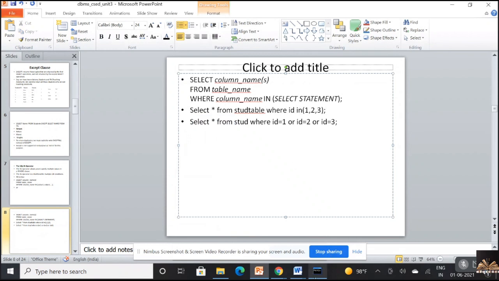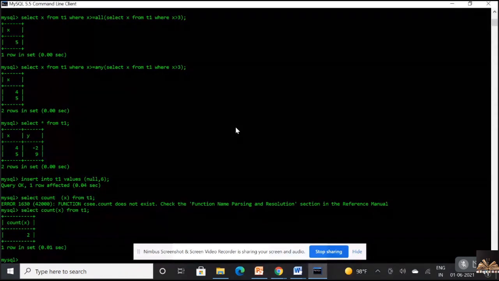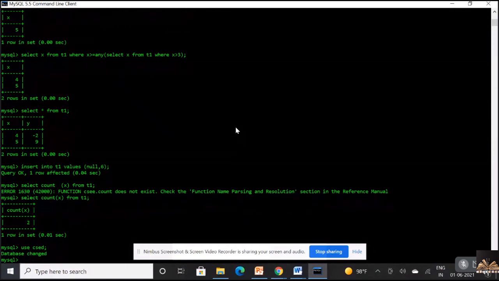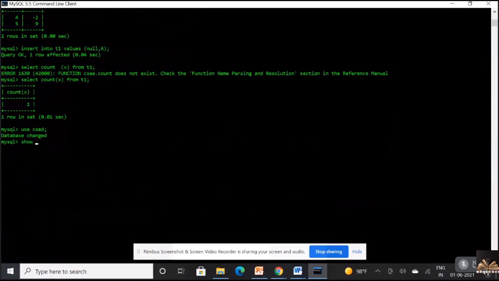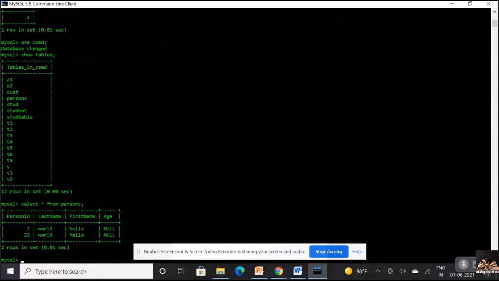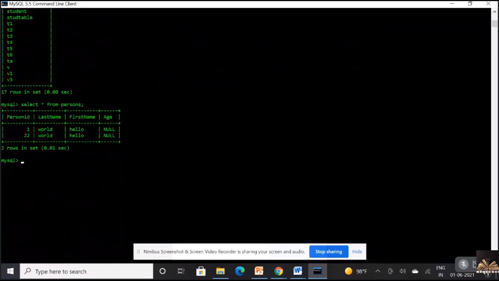So see, I'll be just working with a small example over here. Use CSC. Okay, so I'm working with a person table which was already created in the previous sessions. Now see, I want to display the details of persons whose person ID is 1.